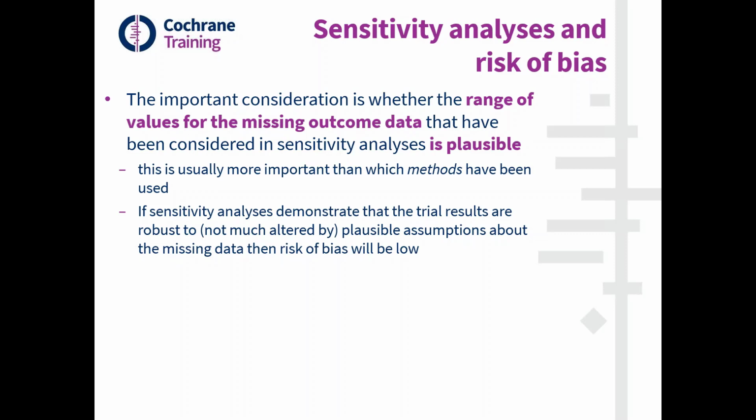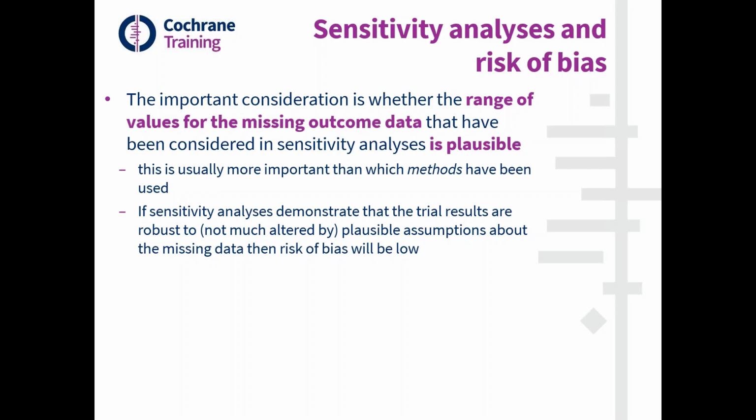This is usually more important than the particular method that was used to conduct the sensitivity analysis. So broadly speaking, we're saying, well, if we think that the range of assumptions reflects, realistically, how strongly missingness in the outcome could be related to its true value, and then if the sensitivity analyses demonstrate that trial results are not much altered by plausible assumptions about the missing data, then the risk of bias